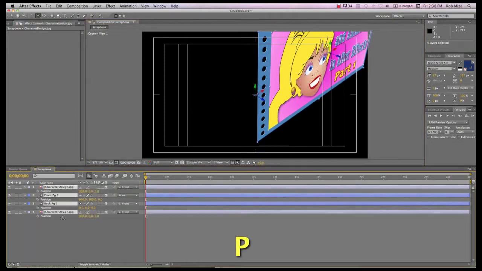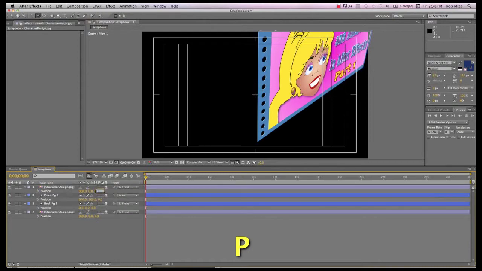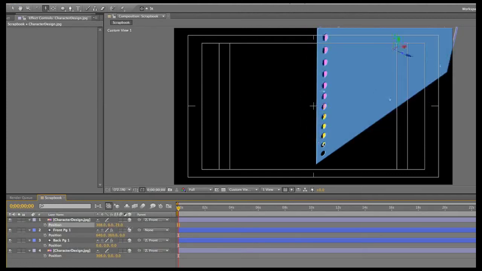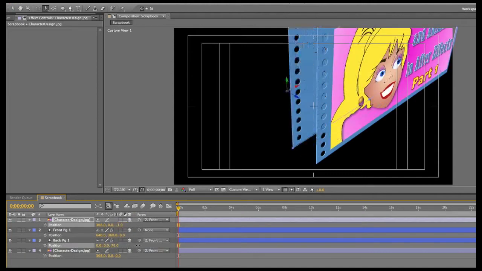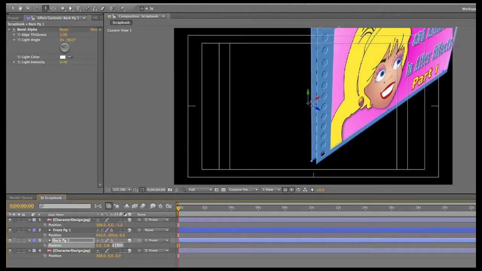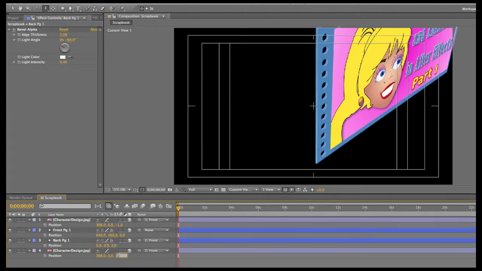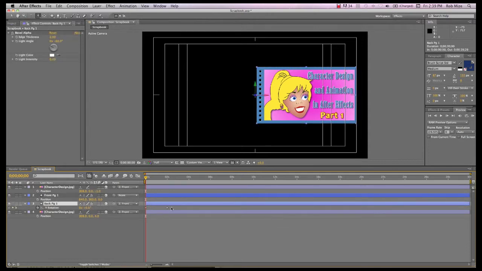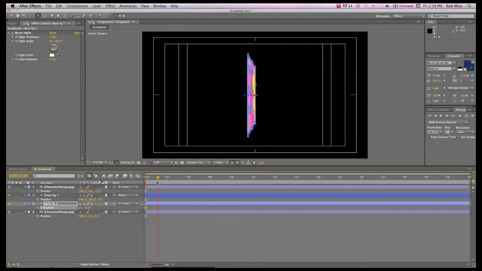Let's select them all and hit P to reveal the position parameters. And we see that we can move those forward or backward, in front of or behind the other elements. I want this just 1 pixel in front of the front page. The back page I want separated by about 3 pixels just to give a sense of thickness to the page. And the back graphic, let's separate that from the front page by 4 pixels. Now as we look at that, we see that we've got a Y rotation on that back page that we don't need. So we'll just let the front page take care of that rotation and get rid of those keyframes.